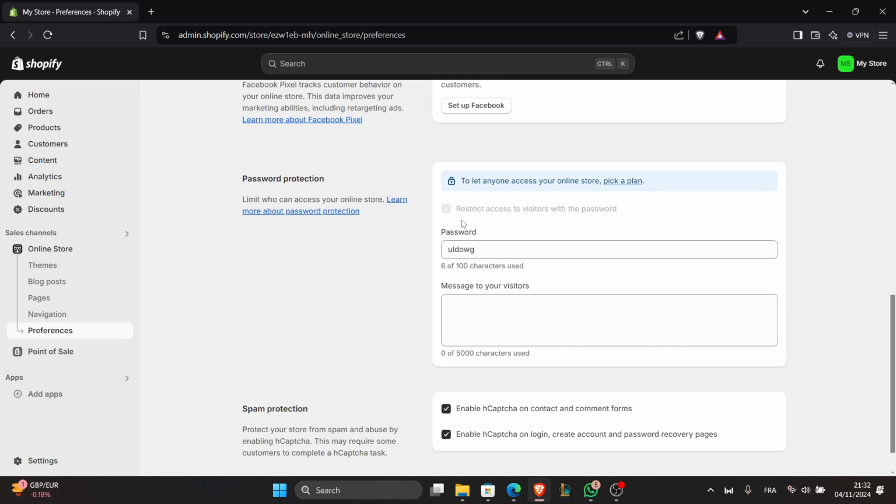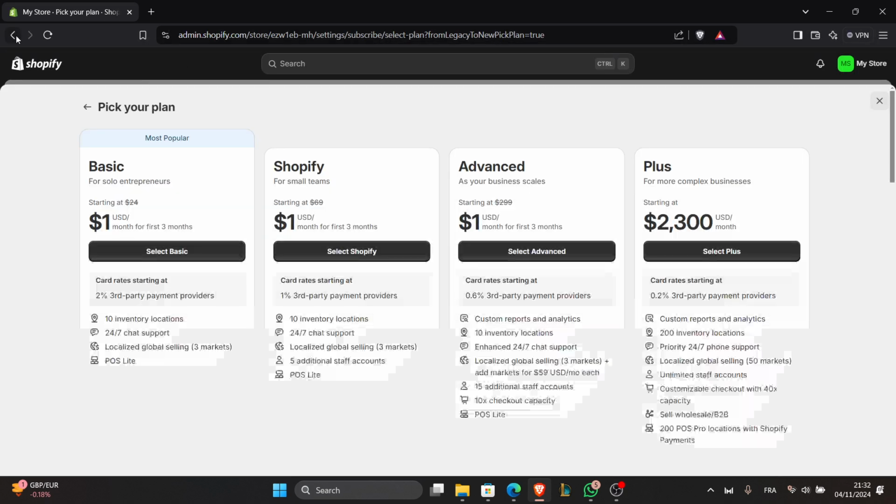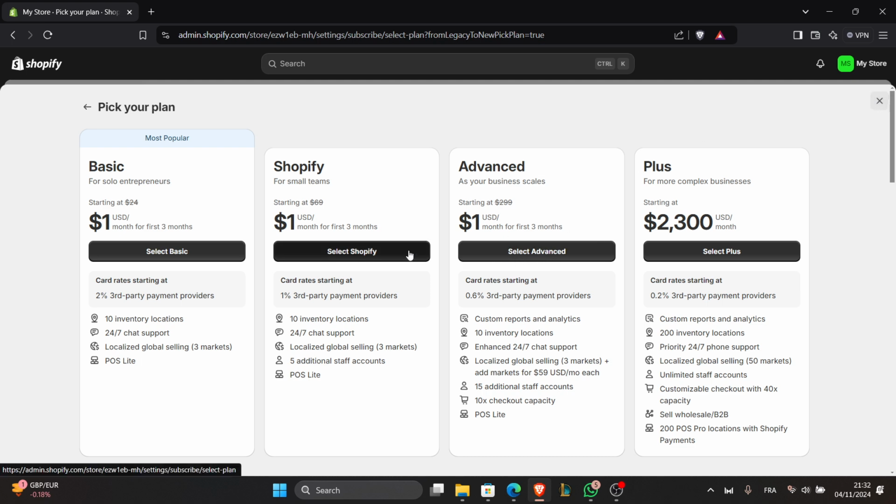Now the restriction for access to visitors with password can't be disabled unless you pick a plan for your Shopify store. And to do so, just click on a plan and choose a plan. You can choose the basic plan, the Shopify plan, the advanced plan, or even the plus plan if you are rich. Now after you choose a plan, select advanced here,